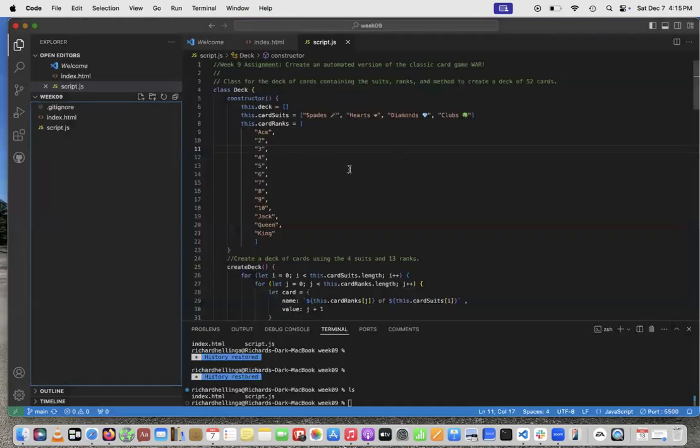I'll go to the code here that I have. I've put as the week assignment. We started with a class called Deck. This will contain the cards and actually creates a deck of cards that can be used in the game. We start with the class, the constructor. We start with the deck is an array. We have to make the array